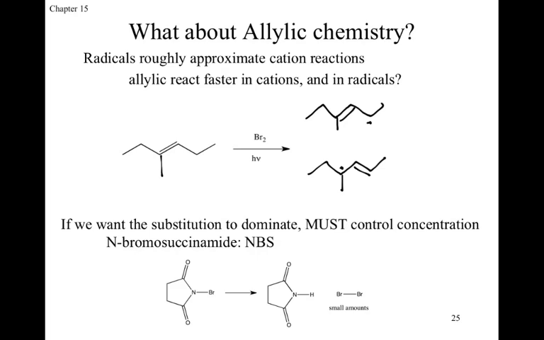What we'll end up with for our products would be two bromination products, but one will be the major product, whoops, and one will be the minor product. Which one is the major product, top or bottom? We end up seeing the bottom being our major product, because